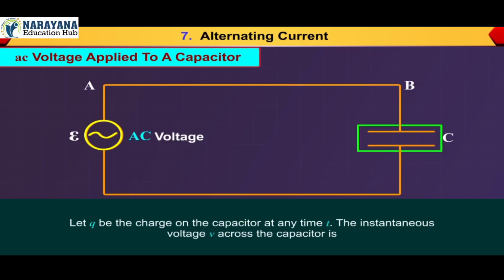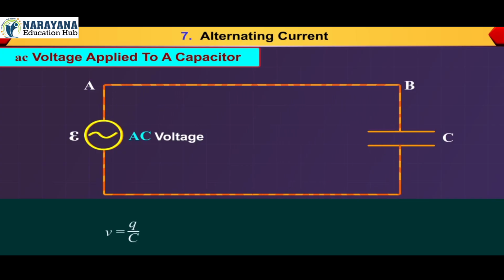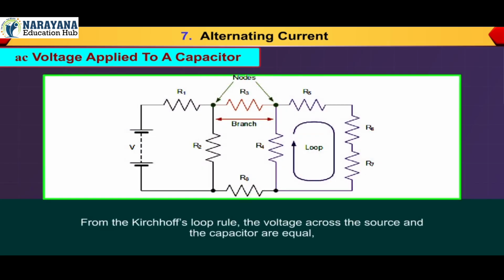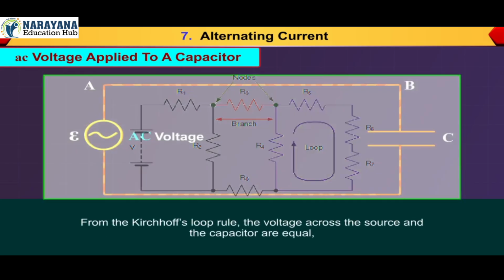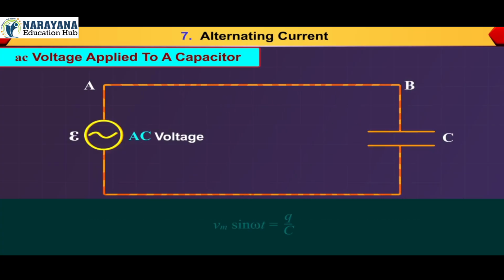The instantaneous voltage V across the capacitor is V = Q/C, equation 15. From Kirchhoff's loop rule, the voltage across the source and the capacitor are equal. Vm sin ωt = Q/C. To find the current, we use the relation I = dq/dt. I = d/dt (Vm C sin ωt) = ωC Vm cos ω